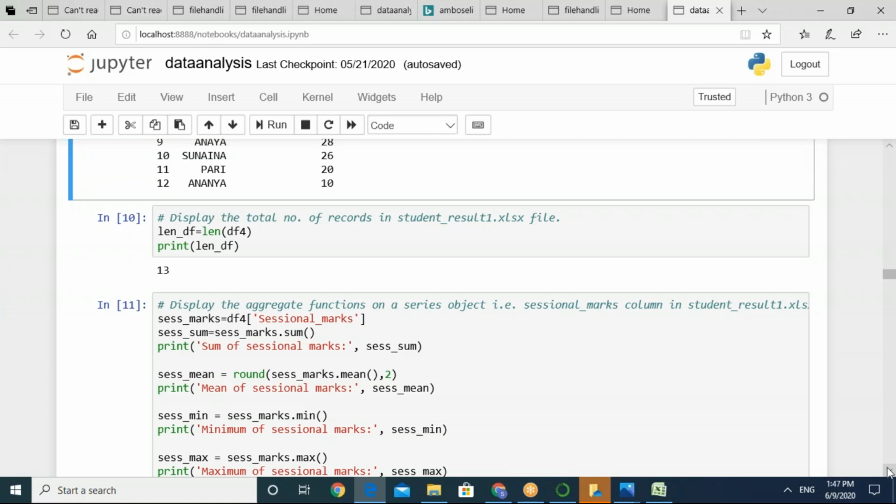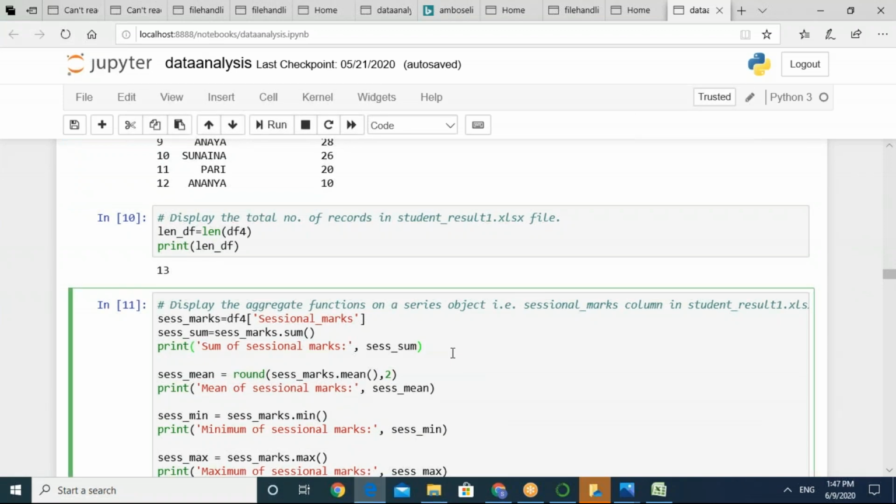So I'm going to share the last example with some small methods that we have done in our basic concepts classes. So you can have a feel of how we can work upon our data which is stored in an Excel file. तो आप यहाँ पे देखिए हमारे पास एक सेशनल मार्क्स एक फील्ड है या कॉलम है. सबसे पहले हमने उसको एक वेरिएबल में एक्सट्रैक्ट कर लिया. Are you getting me? डाटा फ्रेम नेम सेशनल मार्क्स एक कॉलम है which is holding the numeric values. इसको हमने फेच कर लिया और इसके बाद हमने इस वेरिएबल पे डॉट सम मेथड लगा दिया and I have displayed the sum.